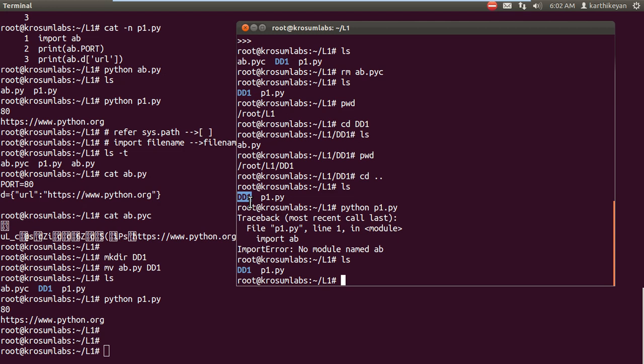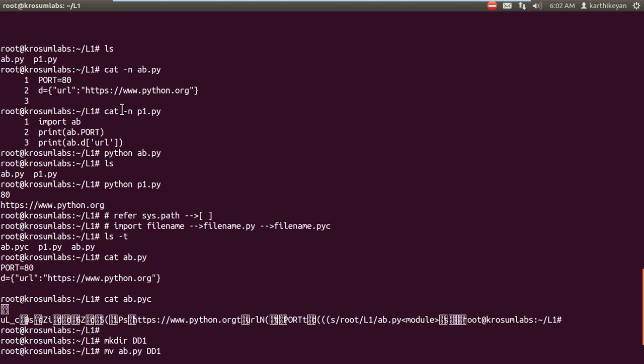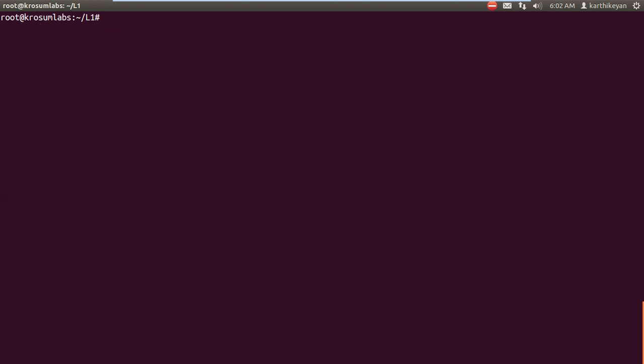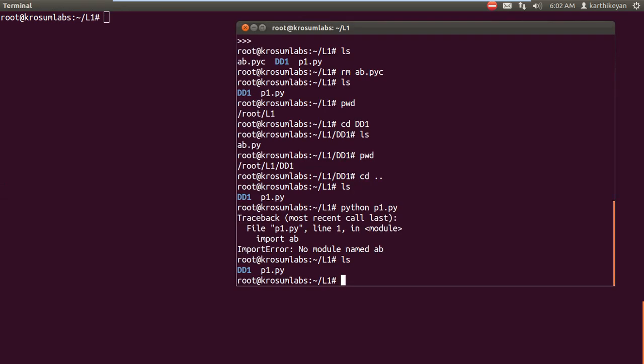If both the files are in the same location, we can load it directly. Earlier we could load it because both files were in the same location. We can import it directly, and it will create an imported compiled format file. Now I don't have that compiled file, I don't have the class file, and I don't have the source file, because it's in a different location. When I put import, I'll get an error message, because the module is not there.